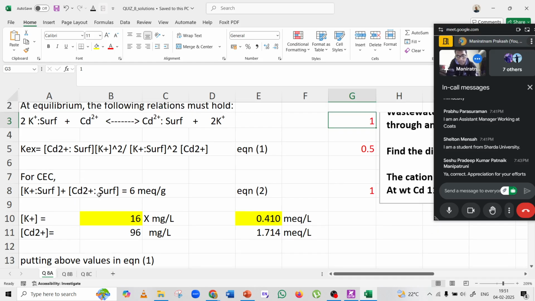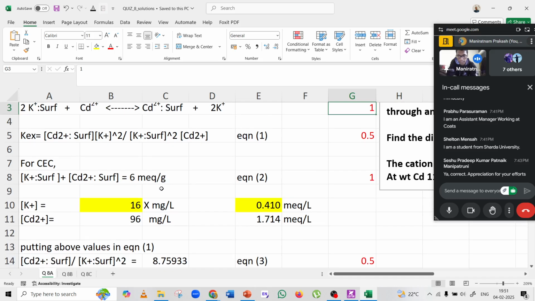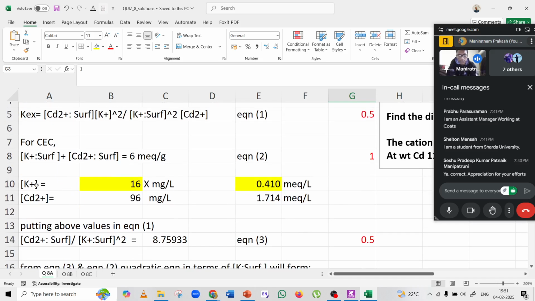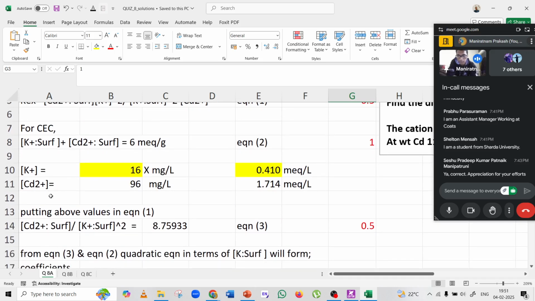contaminant concentration per how much resin is there, and that is given as 6 milli equivalent per gram. The concentration is already given to you, K plus is given to you, and cadmium is also given to you. Okay, now